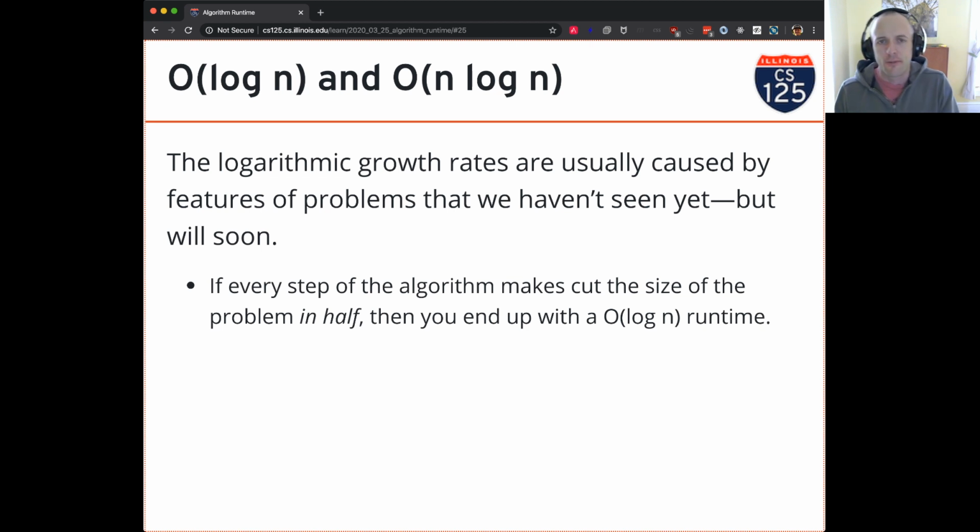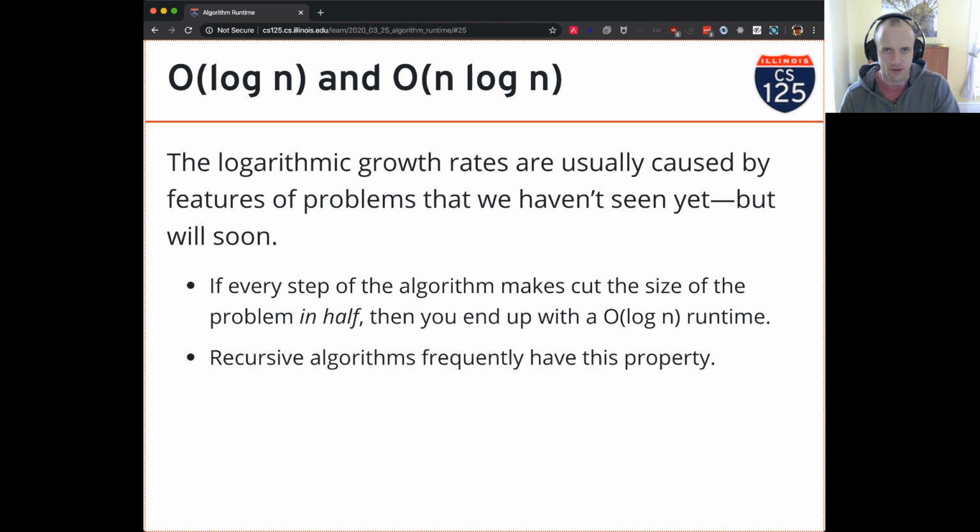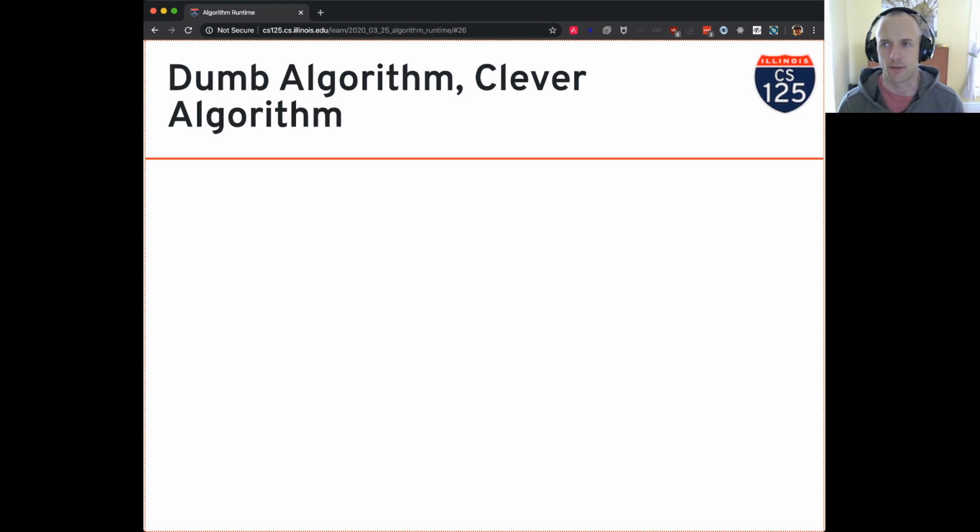But in general, if your algorithm is able to cut the problem in half each time, then you end up with something that's O(log n), right? And again, recursive algorithms frequently have this property. We'll talk about that in a little bit. So, this is just an introduction to these complexity classes, but I do want to be explicit about this, which is that